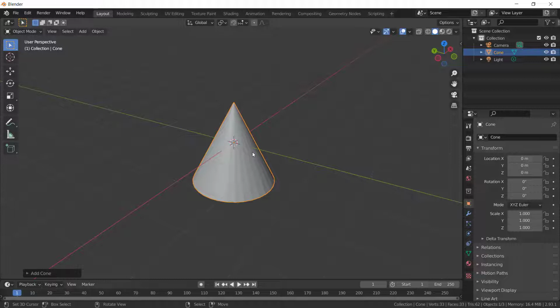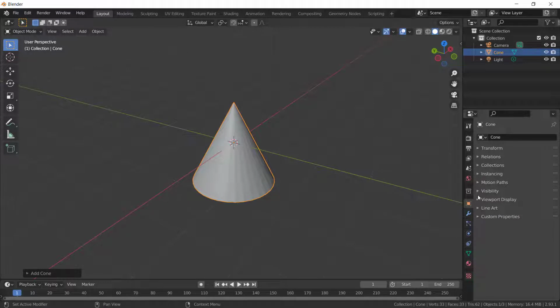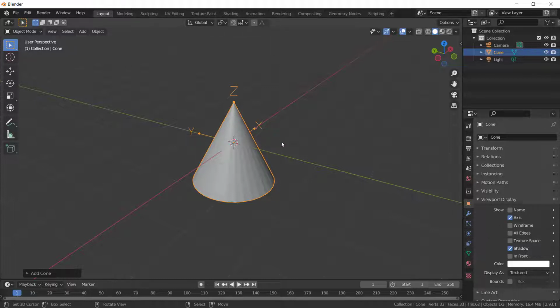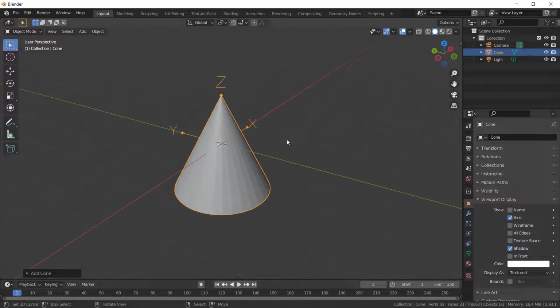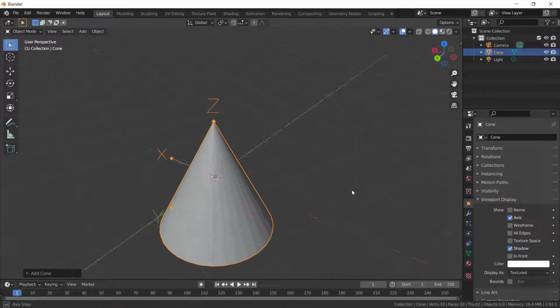So I want to enable the local axis, so I'll go to the properties. Here's the properties, you can see it, the object properties on the properties editor. Let me just minimize this, go to the viewport display, and I want to basically see the axis, the local axis. So if I turn this on, I can see the axis at which it's pointing. As of now, it's similar to the global axis, but